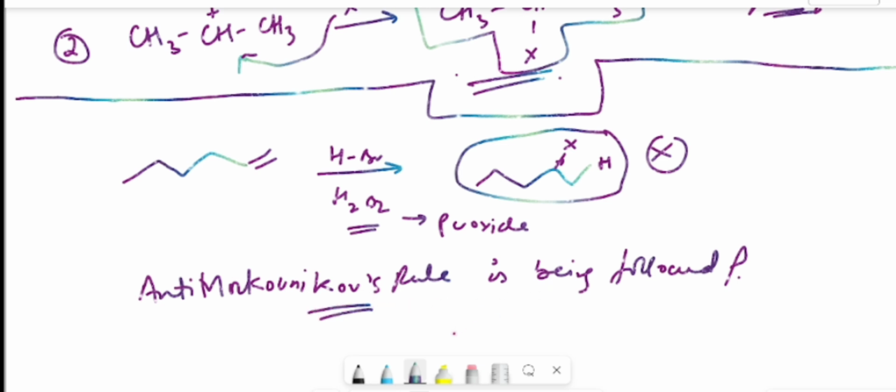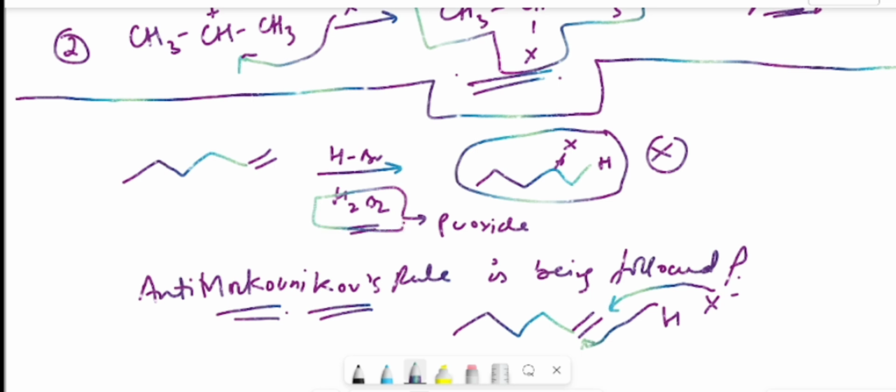It suggests that whenever there is an unsymmetrical alkene, the hydrogen will get to that position where we have fewer hydrogen atoms. So it will get like this, and the halide part will get towards that carbon which has more hydrogen atoms. It's reverse to Markovnikov's rule in presence of peroxide. We'll see in another video how the peroxide affects the reaction. So it would be decided and checked in the next video. Till then,